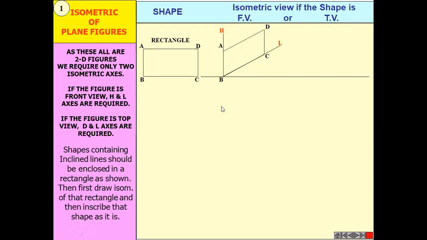How do we draw this? You have to start with B point first. The dimensions are given to you. Suppose this is 70 and this is 30. So take this B point on the reference line or ground. So this B is part of the origin. If you are given 70, then from this point you draw a line at an angle 30 and on that you can take the 70. So this BC is taken from B to C as 70.